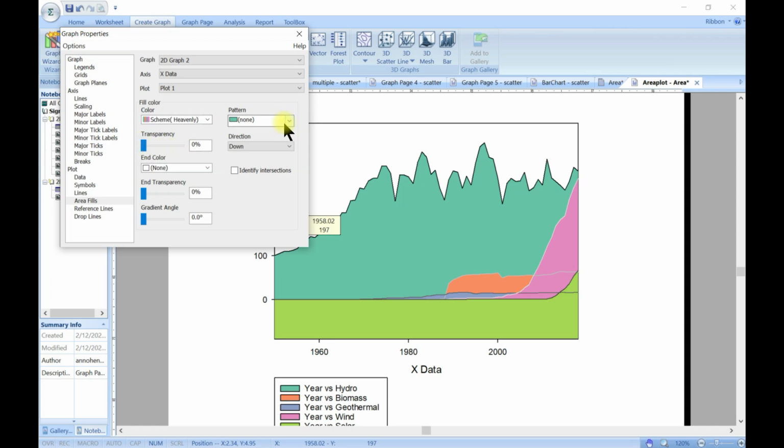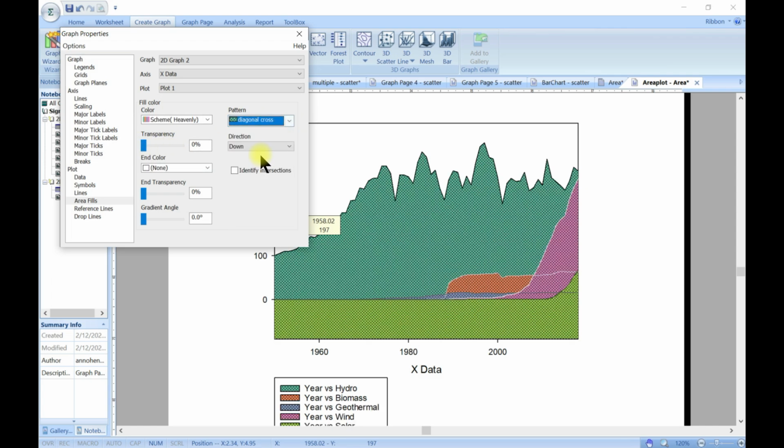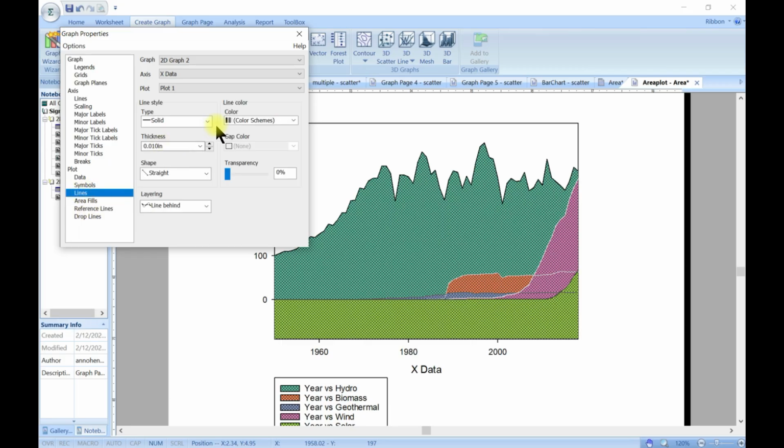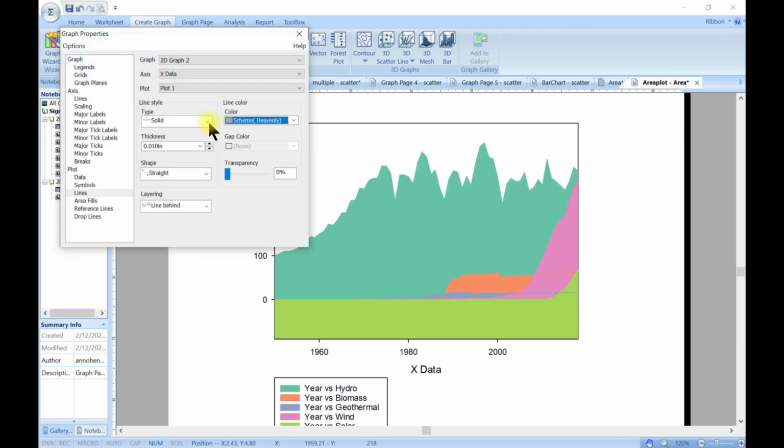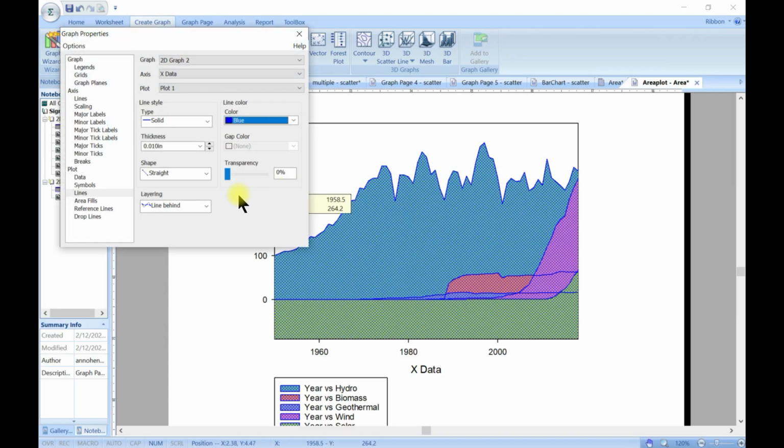and we can play along. We can add, let's say, patterns to it and edit this nicely, and we can come back to, let's say, lines and make it thicker. So for the lines, you can also use a color scheme as well. So you can come in, and then I think we used heavenly, so let's just use the same, and you can have those lines, but sometimes you want the lines to show differently, so you can, let's say, just stick with one color, something like that, and you can just play along